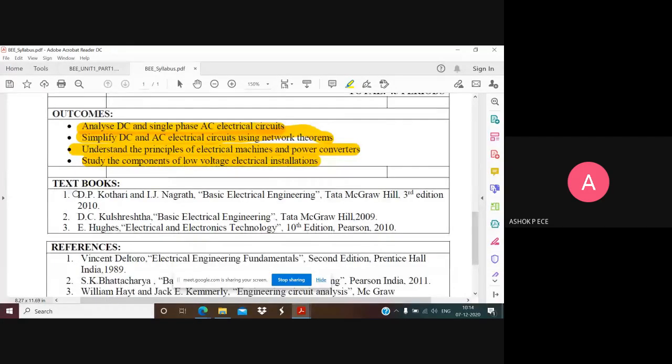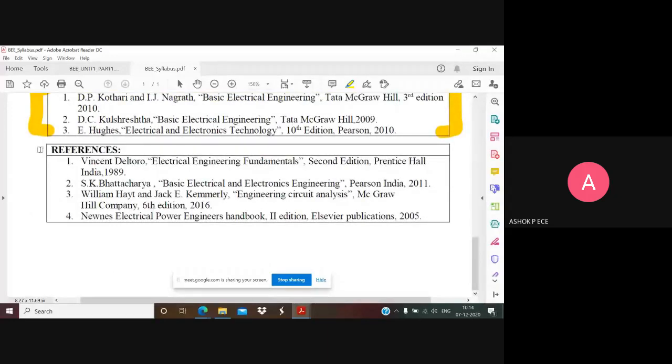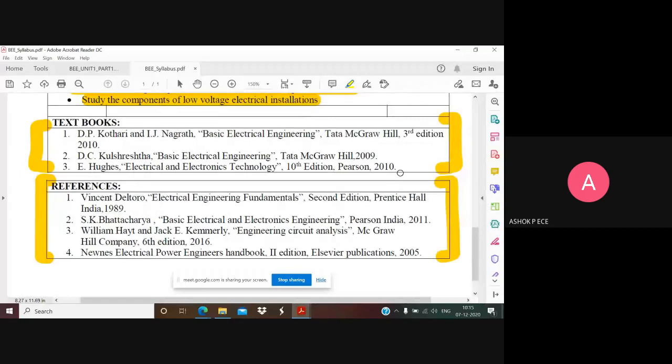Okay, so these are the 3 textbooks they have prescribed. Very, very important. All the 3 textbooks are very good. I will send you the ebooks of all the 3 textbooks, and I'll also share my notes with you. In case you have any doubts, you can take it as a reference. My notes are only a reference, and you should not depend completely on my notes. All these textbooks are very good, and try to solve as many problems as possible from all 3 textbooks. You can download them and use them.